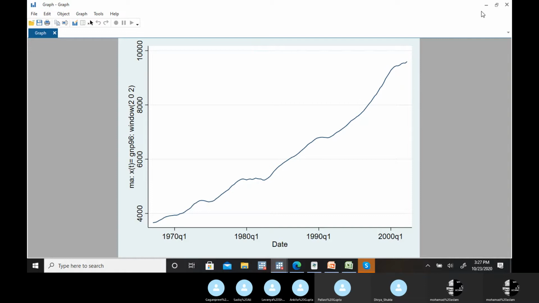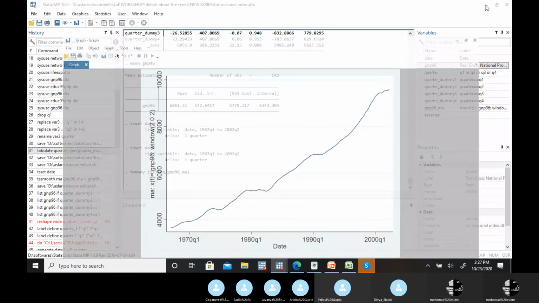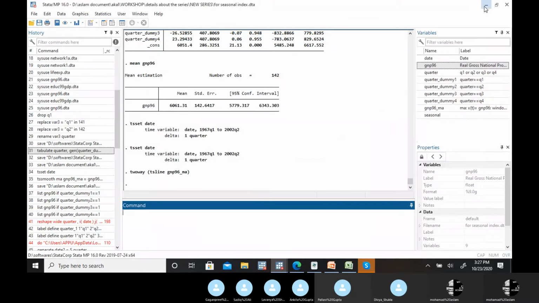So here, to get the seasonal and irregular component out of the actual data, you have to just divide this actual data, that's our TCSI, by this moving average that's incorporating trend and cycle both. Then we will get the seasonal irregular component.